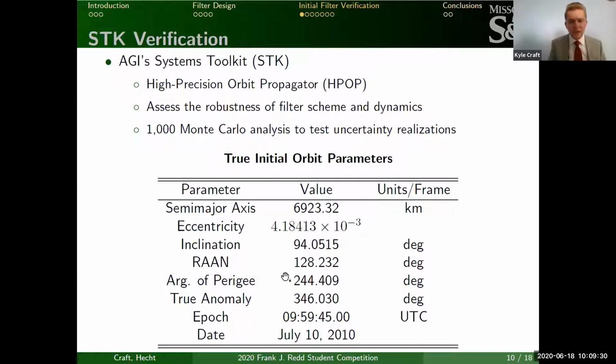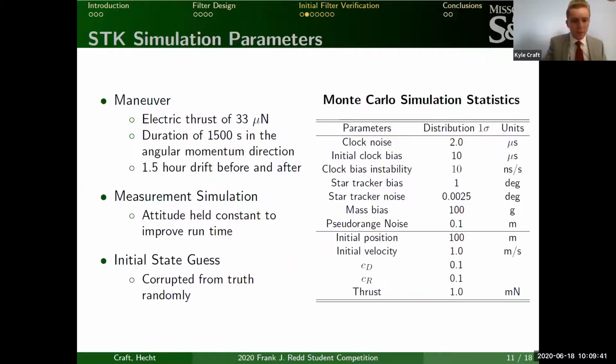Now below, we'll see the initial parameters for our STK verification, which aligns with the ISAT verification method. So you'll see that we're in a polar orbit with an approximate altitude of 600 kilometers. Next, the only maneuver that we considered for this study was our electric mode maneuver, which has a nominal thrust of 33 micronewtons. This serves as a very good benchmark moving forward because it's 3 orders of magnitude lower than our chemical mode thrust. The maneuver duration was 1,500 seconds, and it was in the angular momentum direction, and we